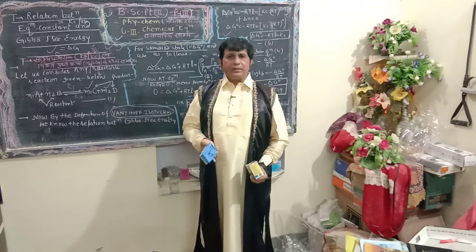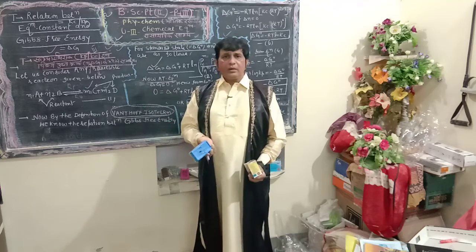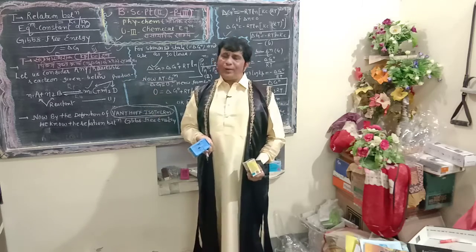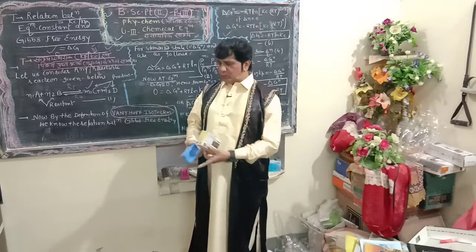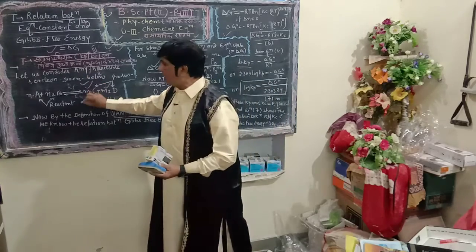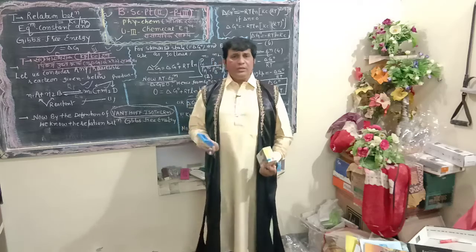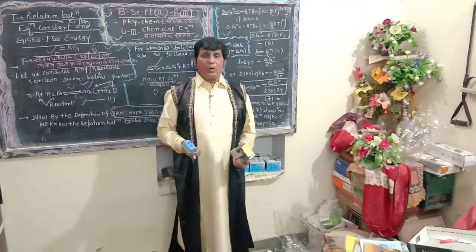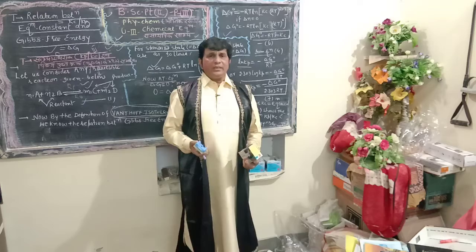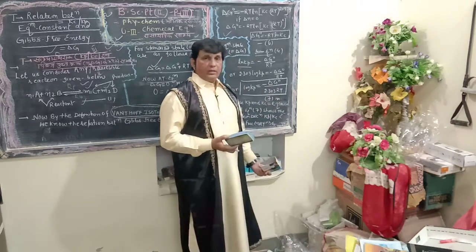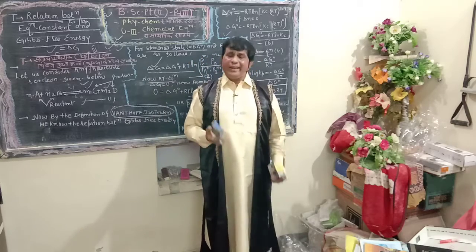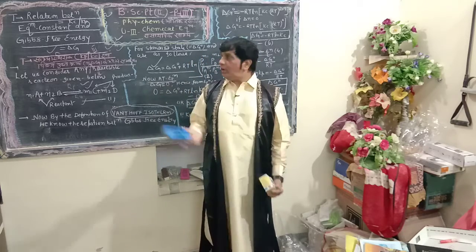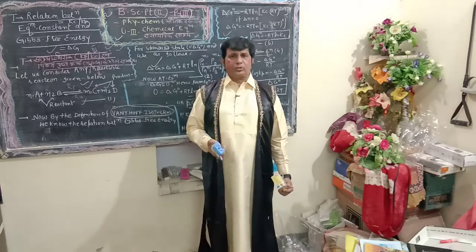Once again I repeat about the equilibrium state, the situation achieved in which the rate of the forward direction becomes equal to that of the backward direction. In such a position, the change in concentration of either the reactant or product with respect to time remains constant here. It has been explained in the classroom in our previous lecture by the kinetic curve also.